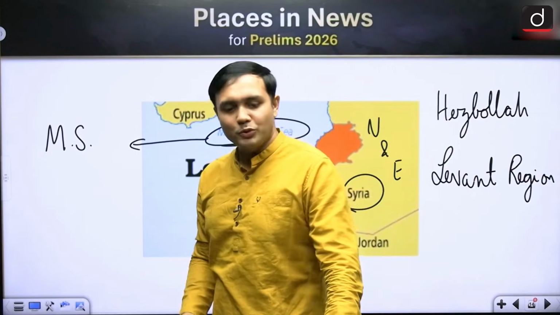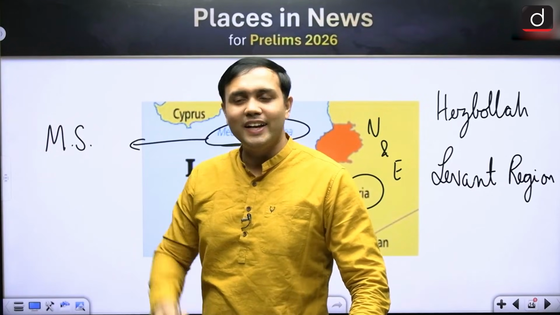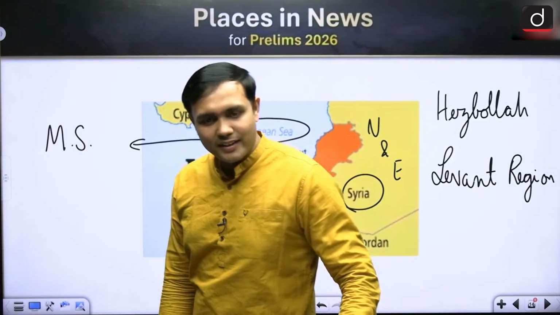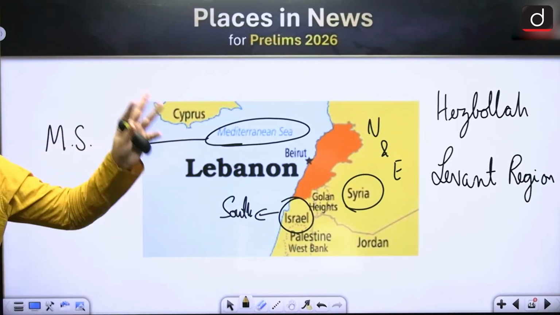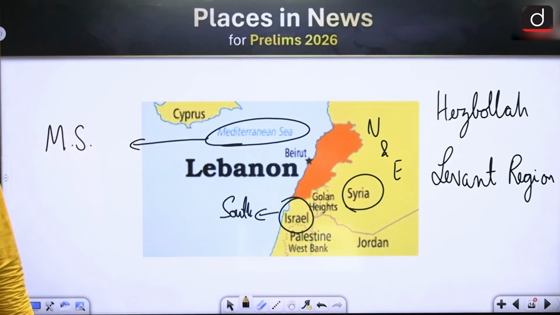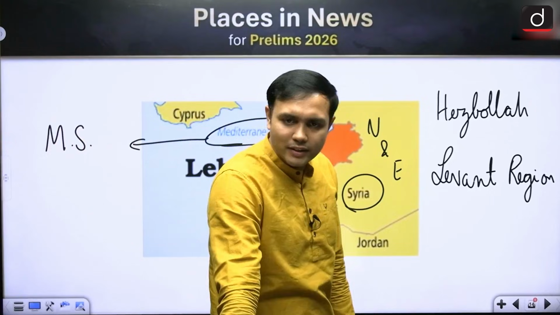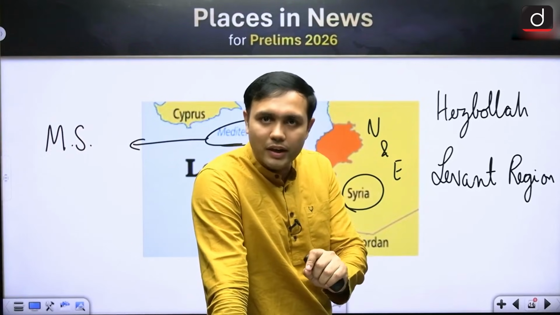I am hoping that most of you know that there was ISIL, the Islamic State in Iraq and Levant. It has that particular name called Levant. So, what is this Levant all about? Which are the countries associated with it? Which are the countries not in the Levant region?